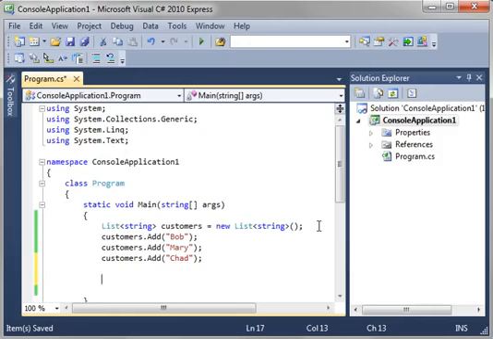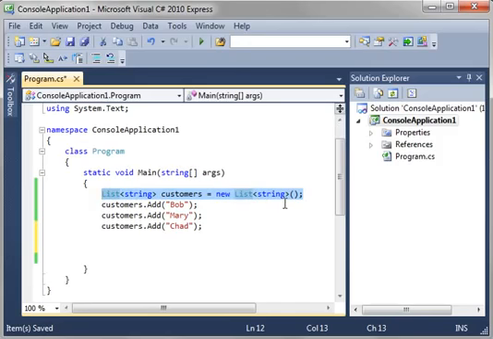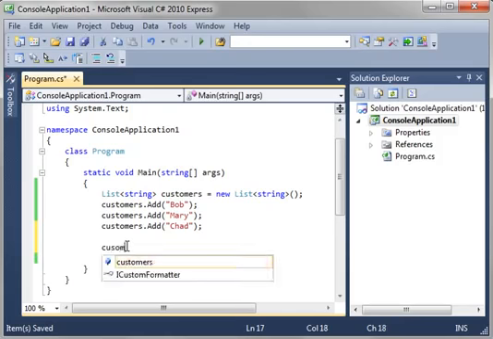Why would we use a list? I mean, it's got this funky looking syntax that's really hard to follow. Why would you use that instead of an array? Well, simple. Lists are much more powerful. With an array, you hit an upper limit and you stop. You can't add any more. You'd have to make a bigger array and then copy the items to it. With a list, you can just keep growing and growing and growing. You can also do things like